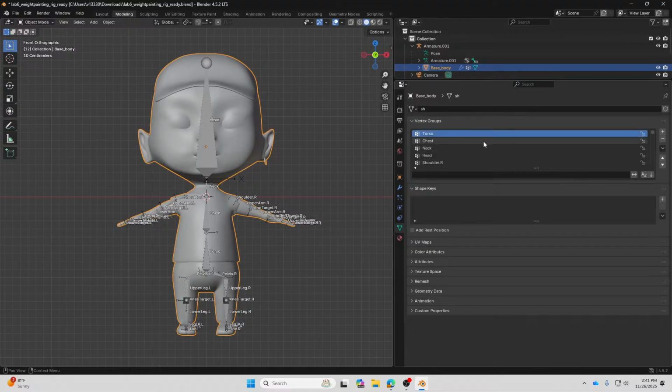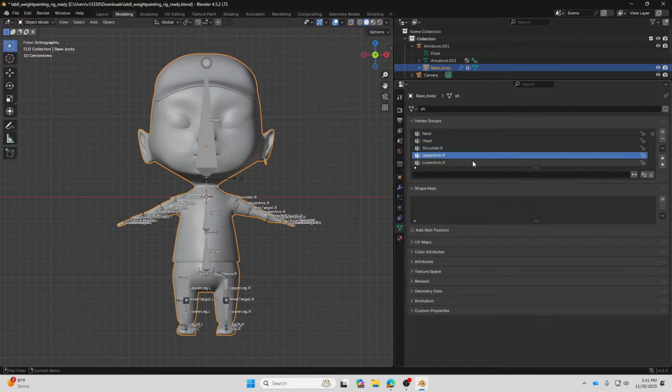Torso, chest, neck, head, shoulder, upper arm, lower arm, etc. You can scroll down to check all of them. You can search for a name, for example head, by typing in the small menu over here. You can rename them, but I don't recommend renaming them.